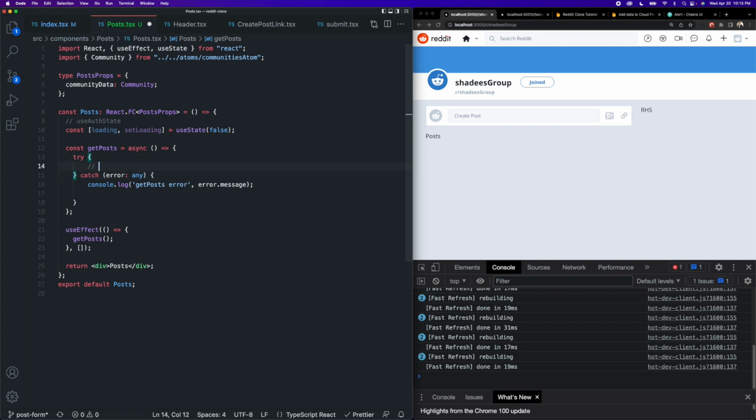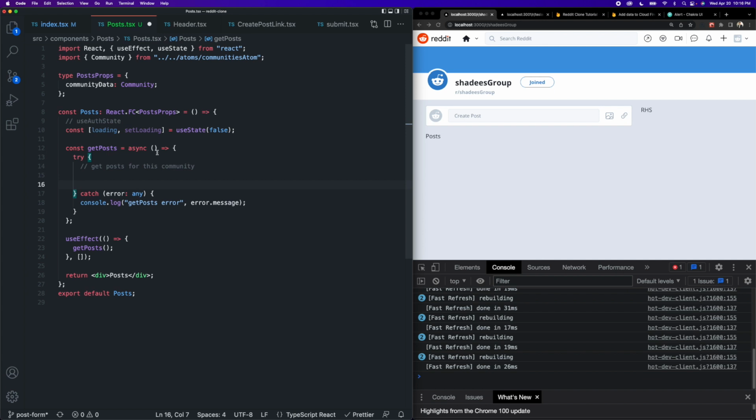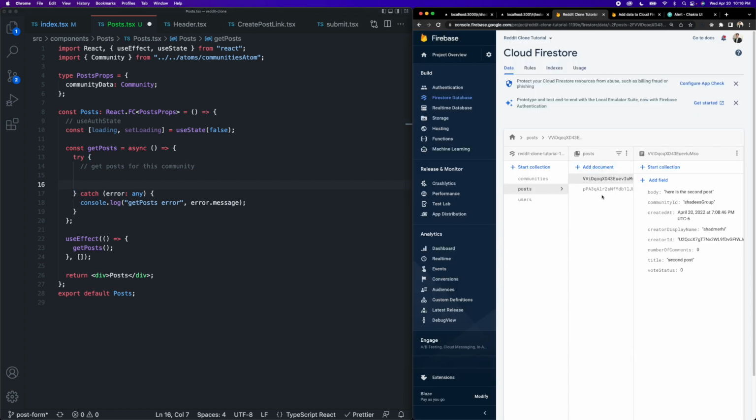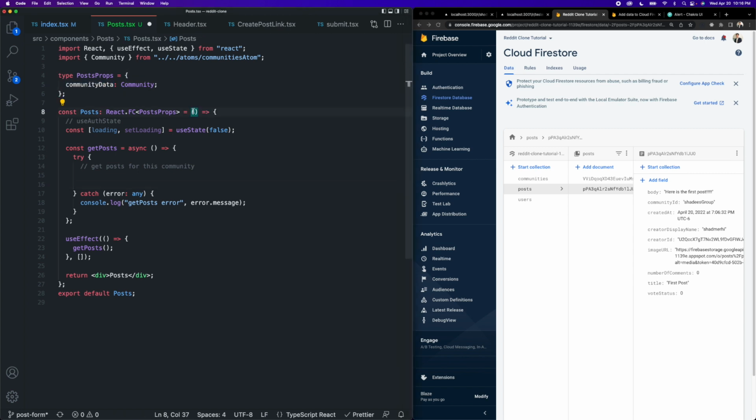And what we want to do in here is literally just get posts for this community. That is it. And this is going to be our first look at an actual database query with Firebase. If we go take a look at our posts collection here, I know there's only 2 of them and they both have the same community ID, so perhaps not the best example here, but picture 100 posts in here, all from different communities. We only want to get the post documents that have a community ID that matches the community that we're currently in. By the way, we can grab that from our destructured props here,